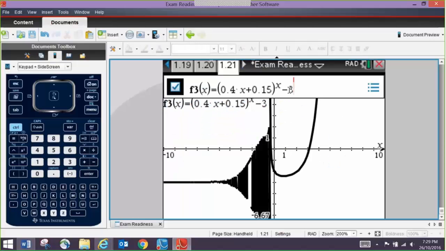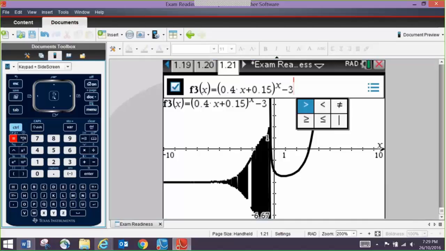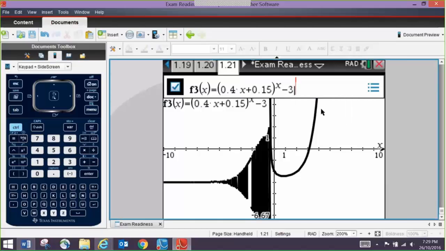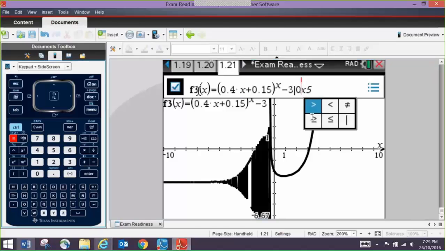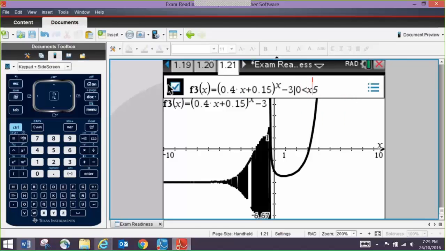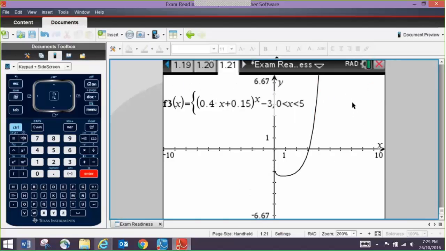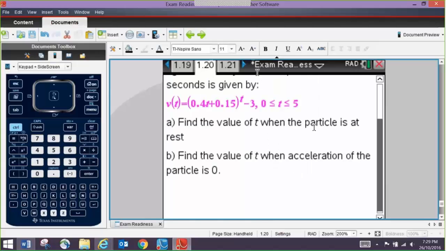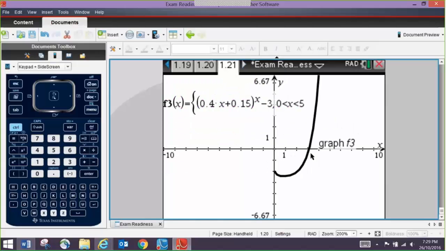So once again, we could put that domain restriction because it is really important that the kids actually put in their restrictions. I quite like to put all the bits in and then just fill it in with the less thans in the right spots, but that's up to the students. So we have that there, and the question was when the particle is at rest, so we want velocity equal to 0, so we want that